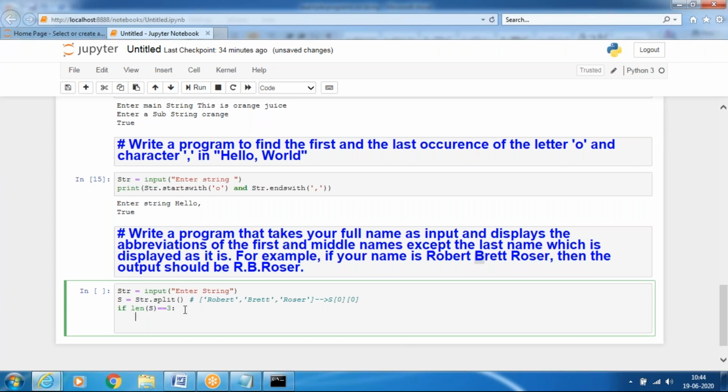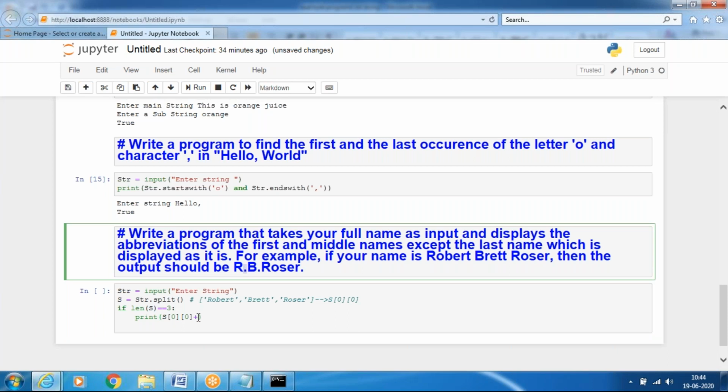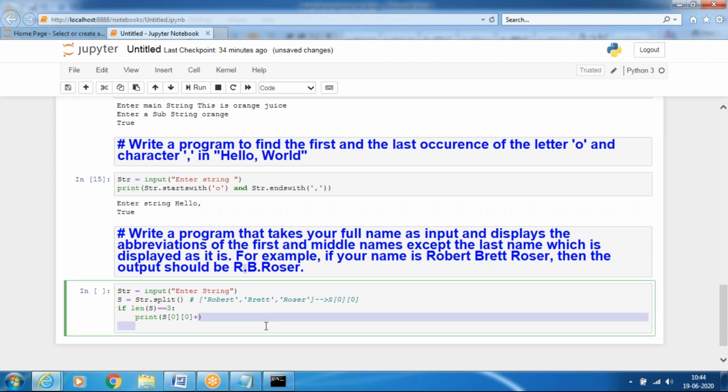So first we will print s of 0 and the 0th position element, plus here a dot will be printed, so we will use quotations with a dot, plus the second one.